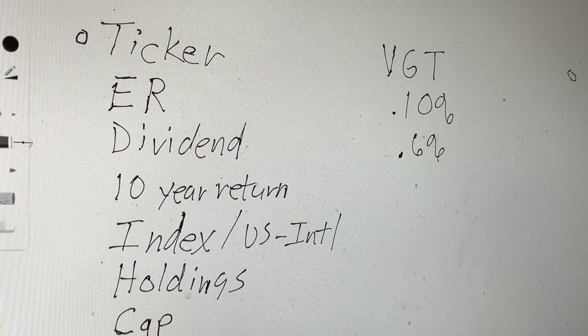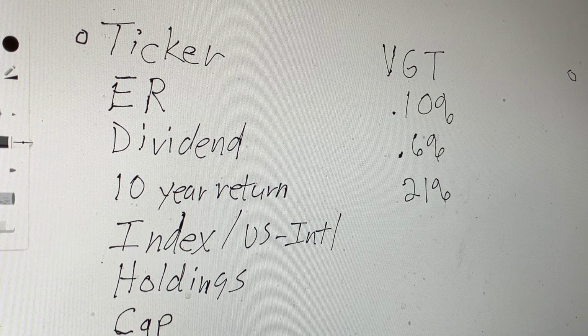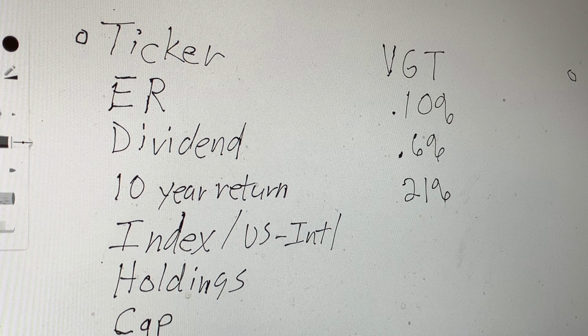And then 10-year return. I believe the 10-year return was around 21%. So quite a bit higher than VTI or even most ETFs. But you have to remember,